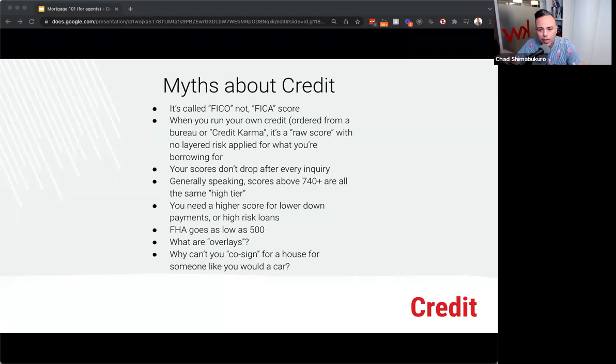This morning I went to Verizon and they pulled my score. My score was 800, because I'm getting a mobile phone. It's a small risk, a small bill relatively on a monthly basis. So I get an 800 credit score. Then I immediately go across the street to Servco to get approved for a loan, and they run my score. My score is 740. Did my score drop? It didn't drop. There's a different layered risk that's applied.